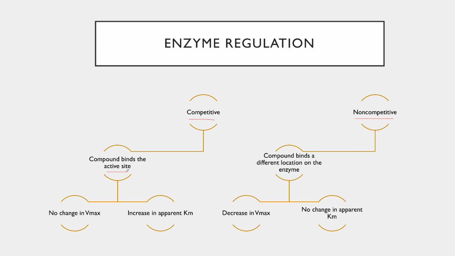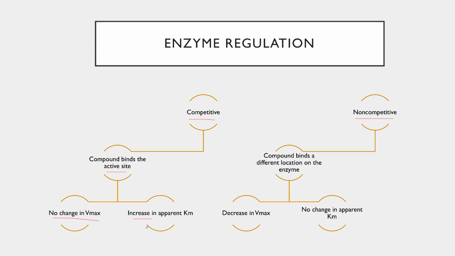The Michaelis-Menten constant, Km, therefore increases. However, when substrate concentrations are elevated, this will ultimately displace the inhibitor and you will achieve optimal Vmax. So in the case of the addition of a competitive inhibitor, there's no change in Vmax,